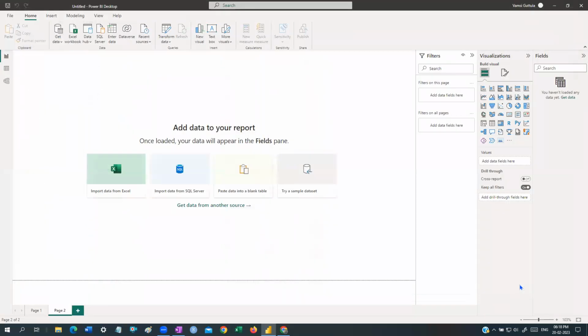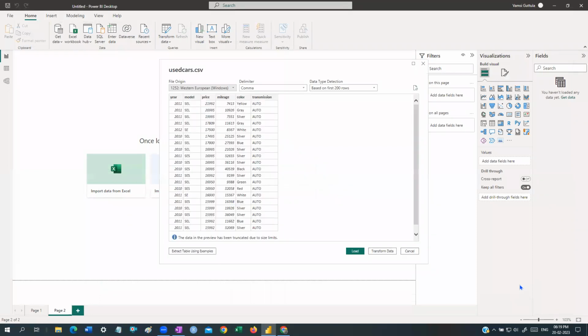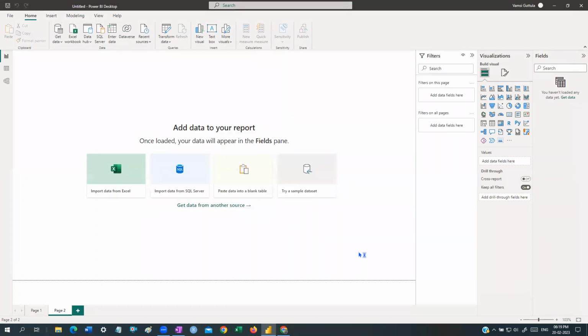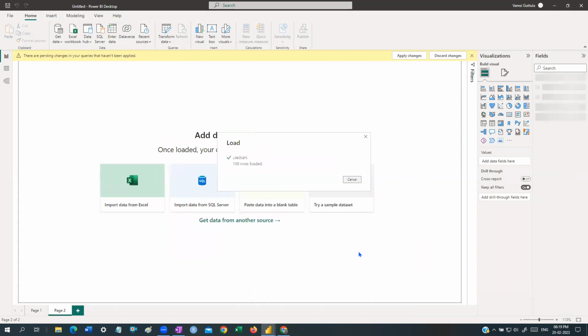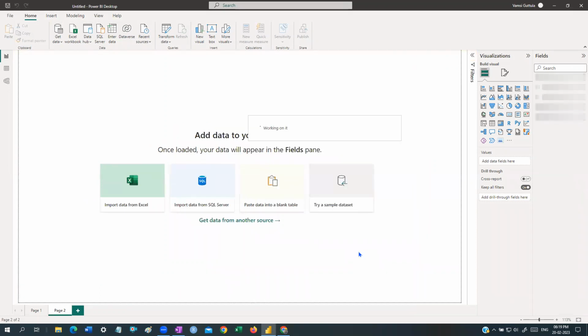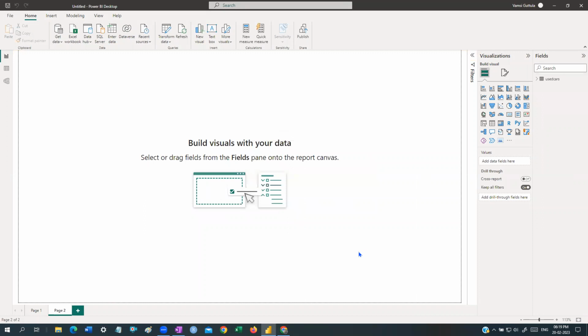Because I told you now, I work on data science and data analysis, so I have a lot of data with me. It's all public data sets. So this is the data that I loaded in the last class. I have loaded it actually, guys, just to show you one small feature.